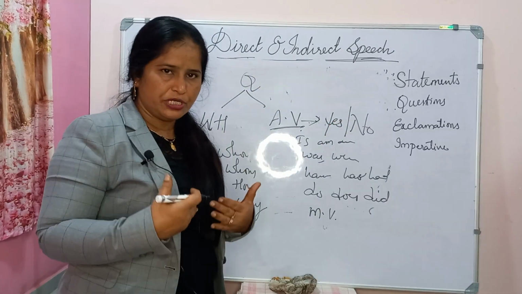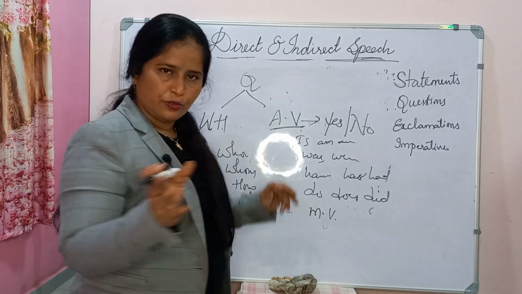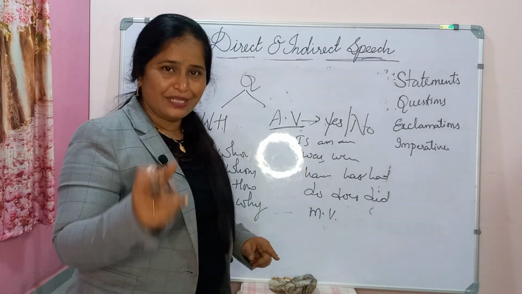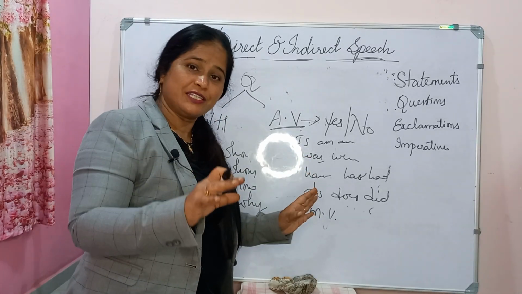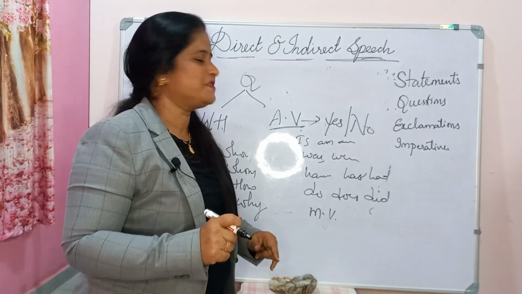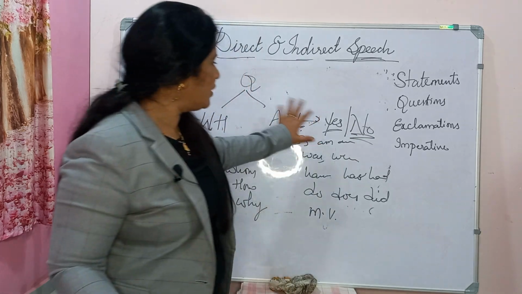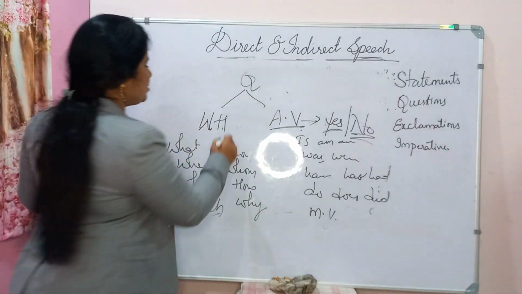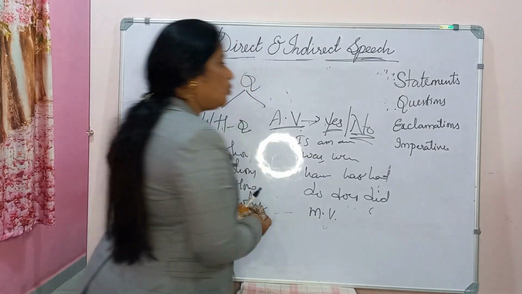So am I your teacher? Yes. So are you my students? Yes. So are you listening? I don't know. No or yes. So are you learning? Yes or no. So have you started speaking in English? Yes, we have started. So for all this, the answer is yes or no. So we call them yes or no type questions. We call the others WH questions. So we have two types of questions now.